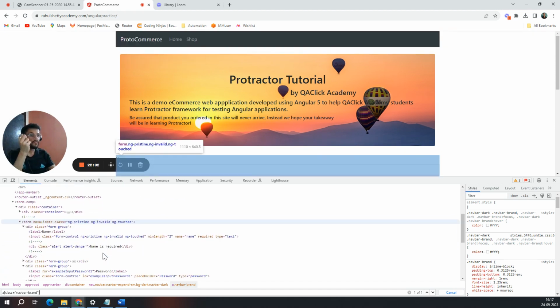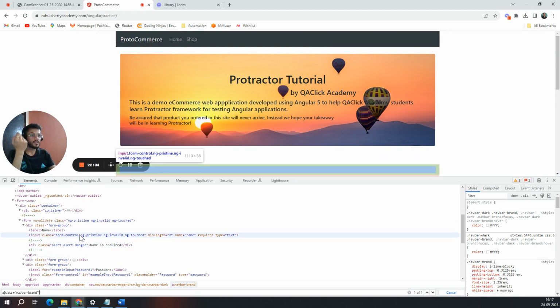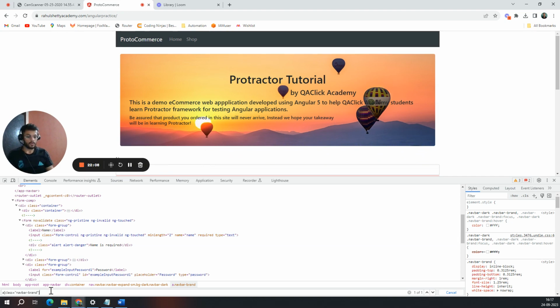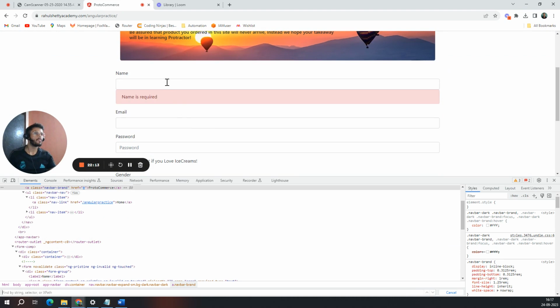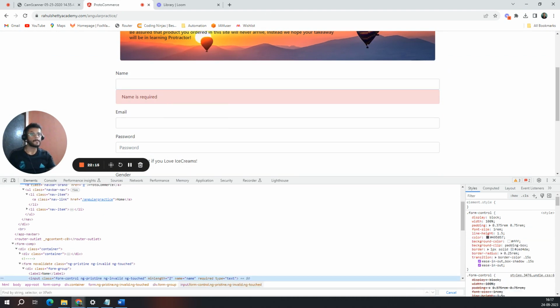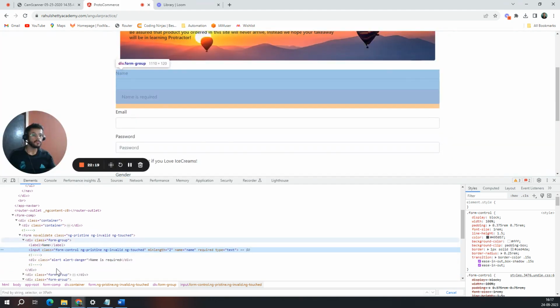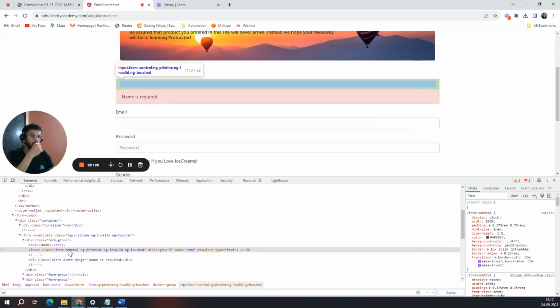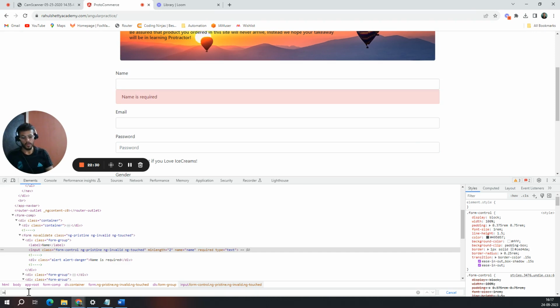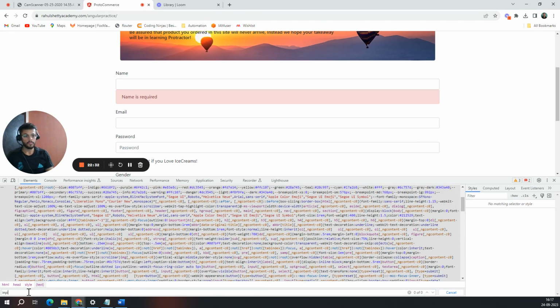Let's do something else as well. Let's say I want to write a CSS selector for this input. Okay, so let's try with this. Let me quickly inspect it. We have what we need. So this is the input with a class, with a minlength, with a name, and with a required attribute. I'll show you: tag name,